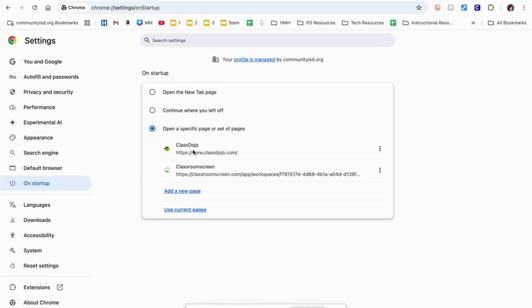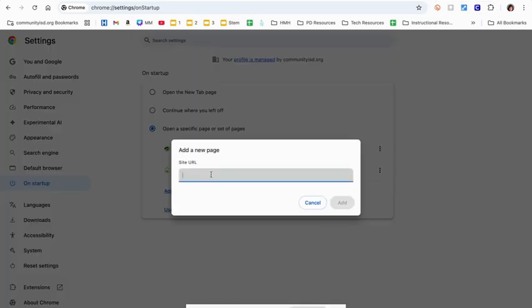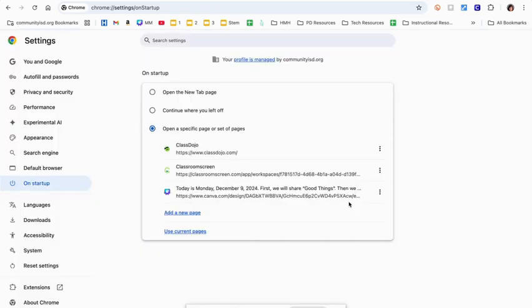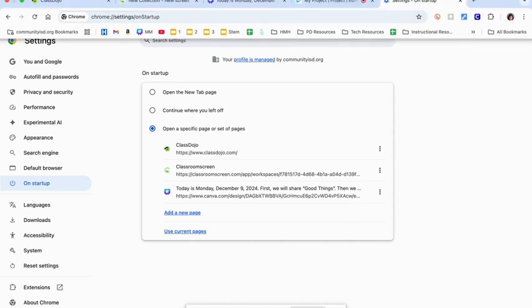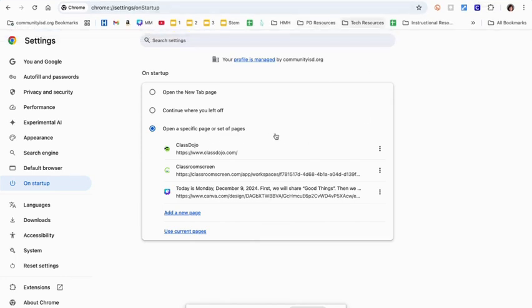So here I have Class Dojo and classroomscreen.com that open automatically when I log in. So I want to add my morning meeting slides. And to do that, I would just click add new page. I'll click the website address to those slides and then click add. And so now it will open up, and I can't show you without logging out of my recording, but now instead of just those two coming up, when I would open up the screen, it will open up all three